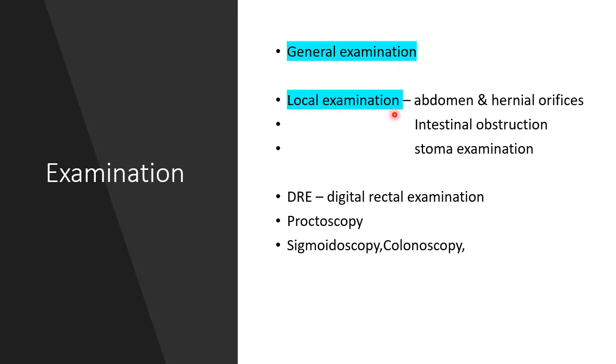Local examination of the abdomen must include the hernial orifices, and careful inspection and palpation of the abdomen, especially the lower abdomen and the left iliac fossa. You must also familiarize yourself with the signs of intestinal obstruction, acute or chronic, the clinical features on inspection, palpation,